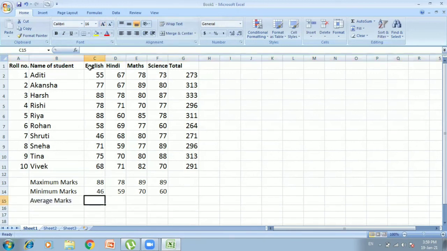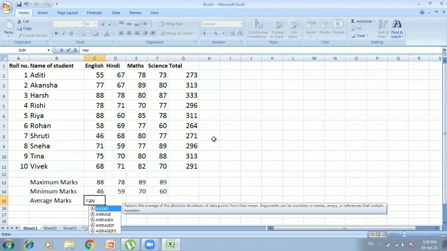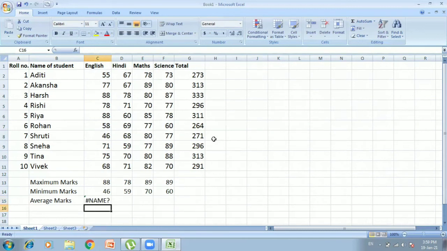Okay. Now I have to calculate the average of this C column, that is the marks obtained in the whole class. What is the average mark here? So for that I will write the formula AVERAGE. And you can see here in the drop down box also that average is there.